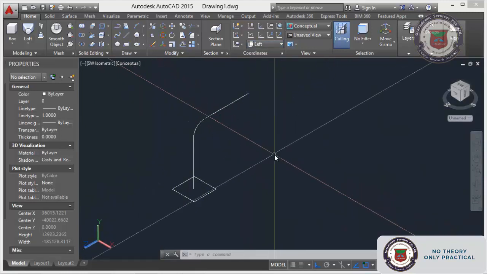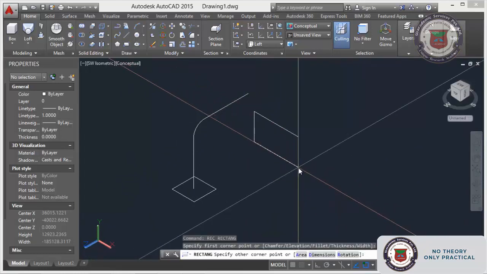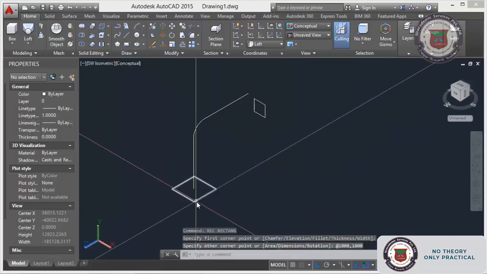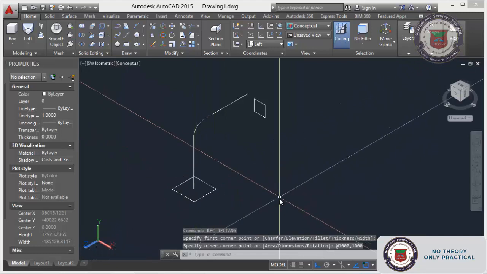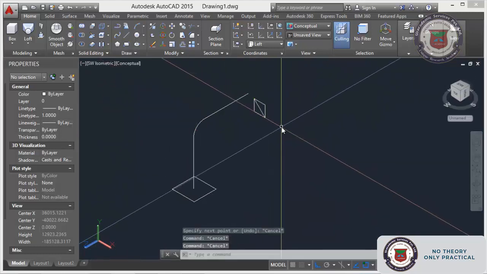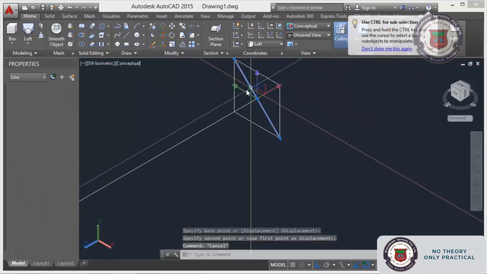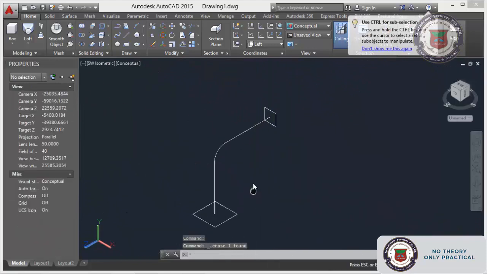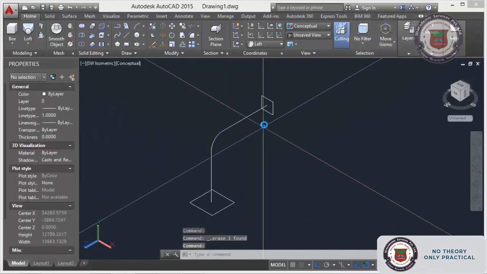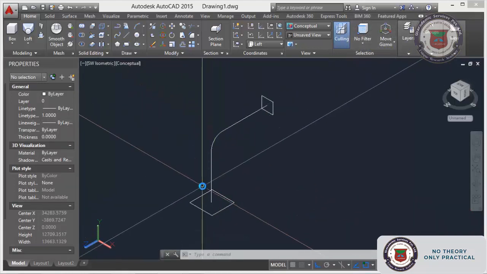Rectangle, shift at 1000, 1000. Here also we have prepared 1000 and 1000, but I make it 2 size bigger. Just make it center, copy and paste, move, and delete this one. This is my 2 cross sections, these 2 squares are my 2 cross sections, and this polyline is my path.